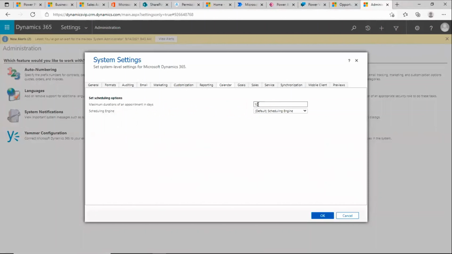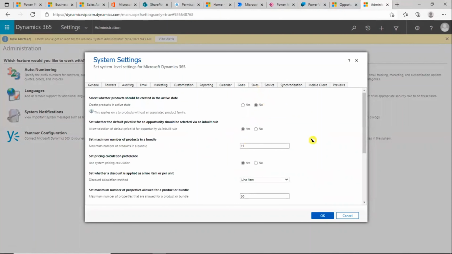Yeah, the appointment can be set up maximally 10 days or 15 days. Goals, we set up how many days we roll up the goals, right? So especially for sales, okay. So for sales,